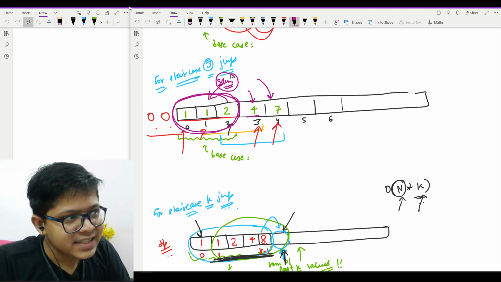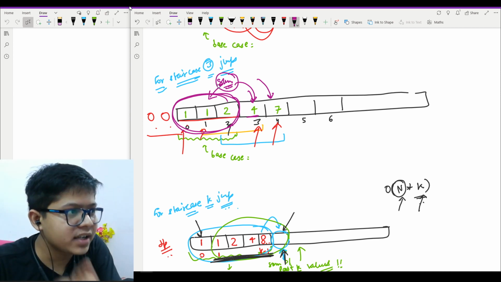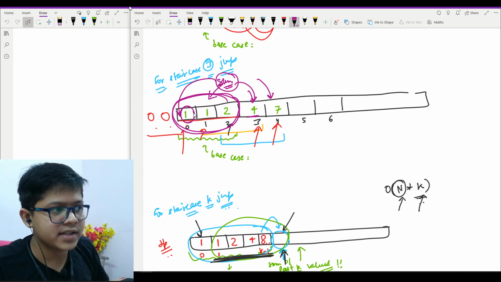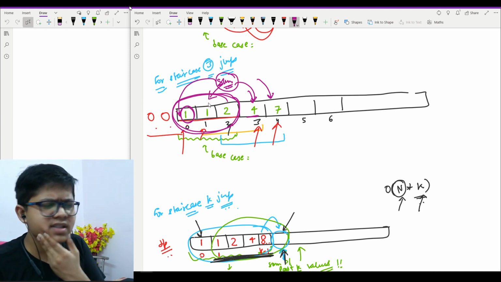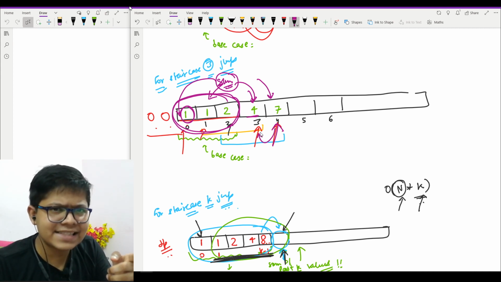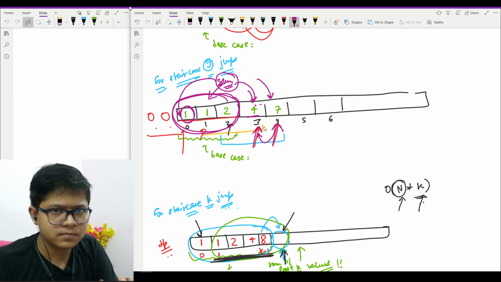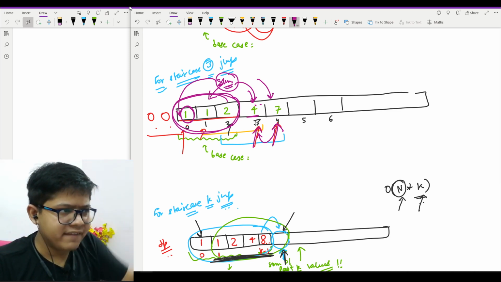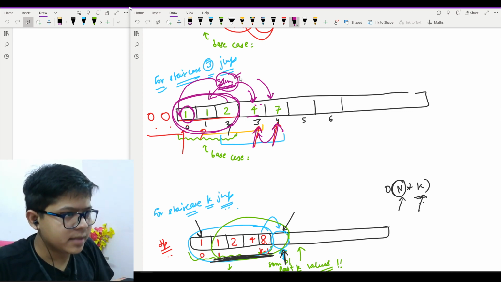You will add this sum with this new value you obtained right here, and you will subtract this last one, right? Now you might ask, okay, what is this last one? Like if I am standing on index 4, I needed to add my index 3 in it, or you can say that I had this sum right here. Okay, if I'm standing on index 3, I will have this sum. Then the sum is right here, 4.